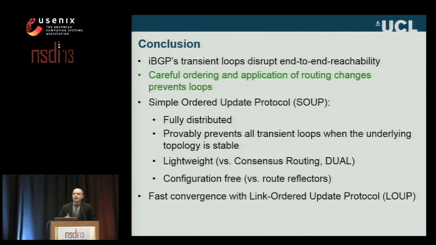That's a very good question. There is this fundamental trade-off between whether you would loop or whether you would black hole. If you just don't do anything, what will happen is that the packets will just be dropped at the border router and it will black hole. However, you can be really smart about it. If you already have a tunnel set up at this border router to the destination where the packets should be going, because this border router actually knows where the packet should be going, you can just forward them using this tunnel, because you still have IGP connectivity.